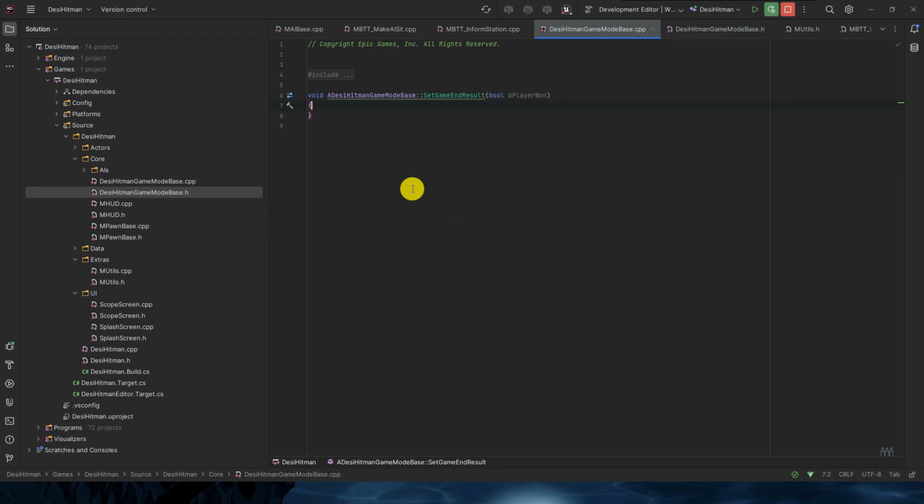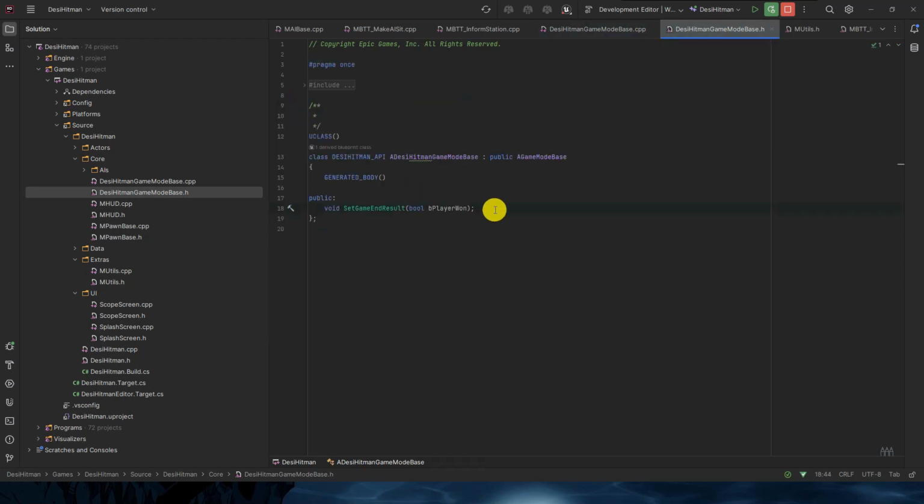Alt enter, generate definition. I will create one variable, it will be public so everyone can access it.